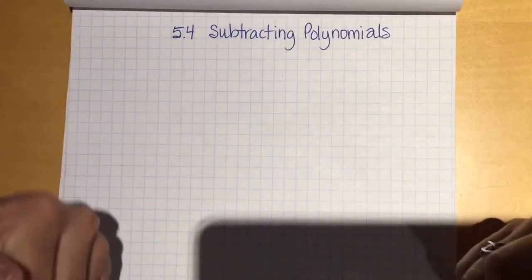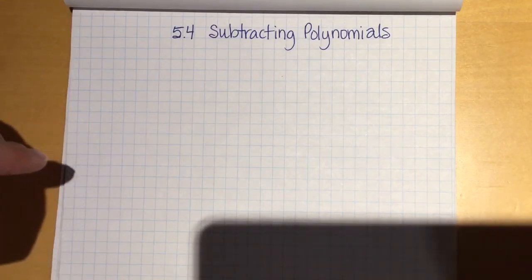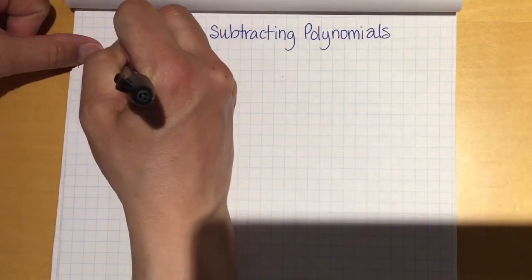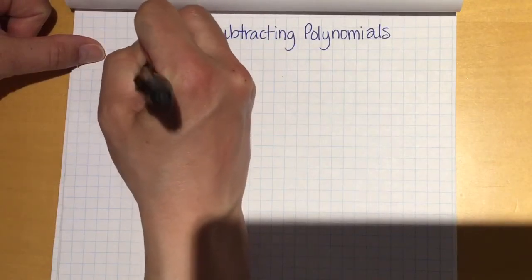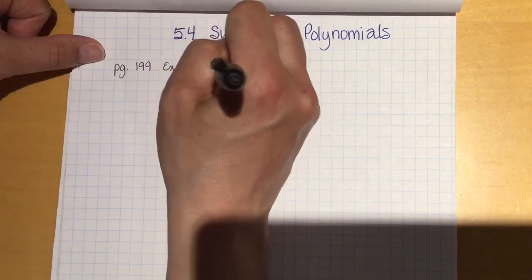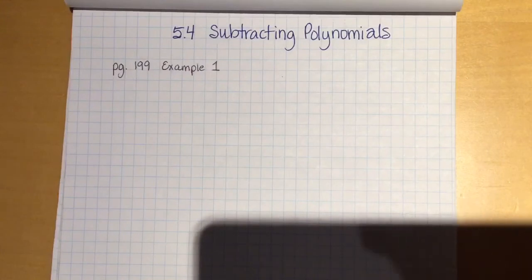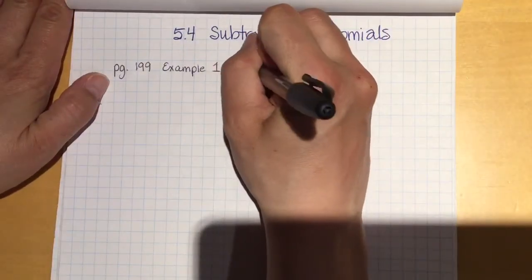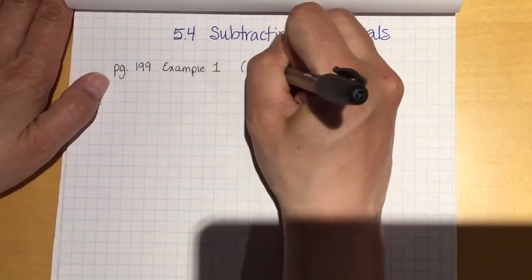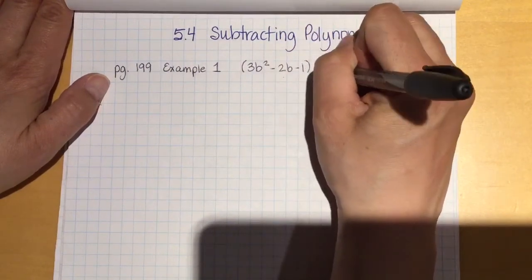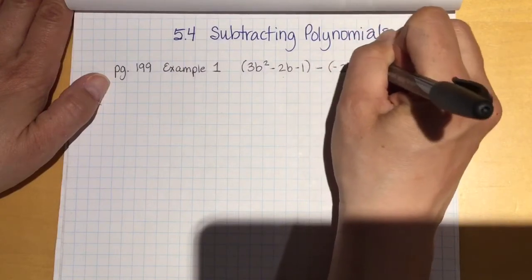Okay, so I'm going to do a quick lesson on subtracting polynomials. Take your booklet and go to page 199, example 1. I'm going to show you how to do this with algebra tiles and then without algebra tiles. The example says brackets 3b squared minus 2b minus 1, and then subtract minus 2b squared minus